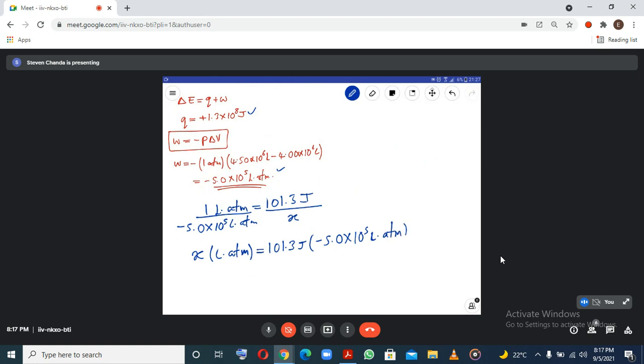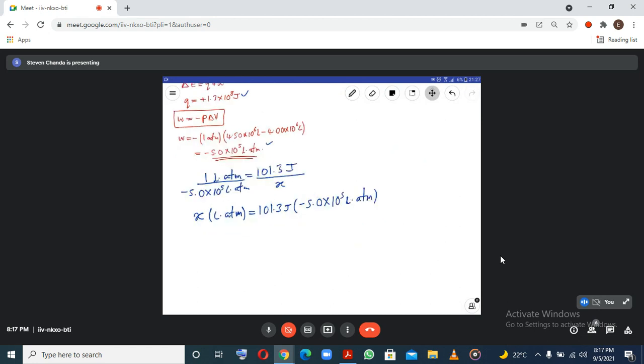If you want, you can put the one that was there, but it's one anyway, so even if you leave it out, it doesn't affect anything. So you cancel that, you cancel that, then you're going to have x. So the conversion is going to be